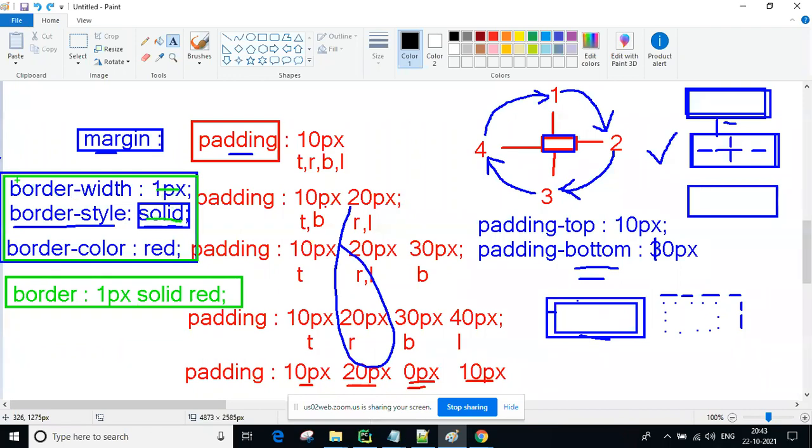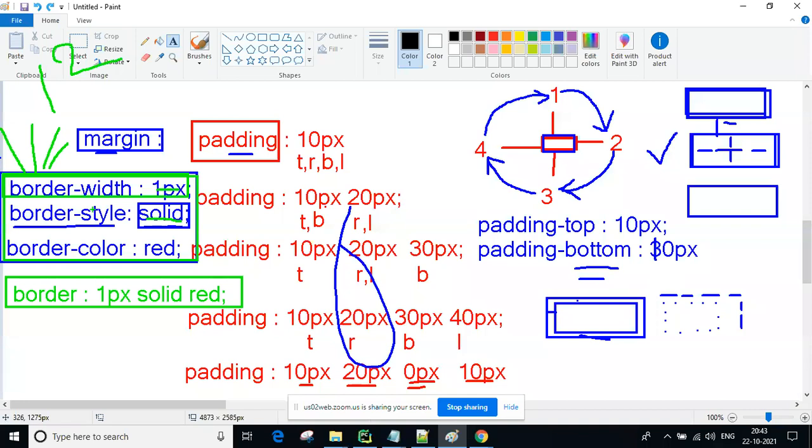Again, for each property, more specifically, if you want to write border top width, border left width, border right width, border bottom width, same like border top style, then 3 into 4, that is 12 properties you get. Again, border related. Along with padding top, padding bottom, margin top, margin bottom, border width, almost 20 styles are coming from the combination of these 3.